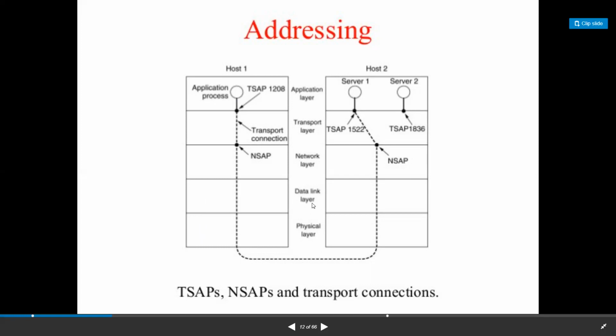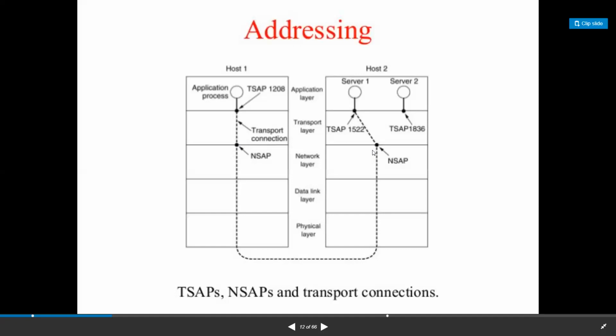Here, this is the application process. It goes to the transport layer, where the transport connection will be established, and this is the NSAP, the network service access point. From this network service access point, it goes directly to the receiver side network service access point.